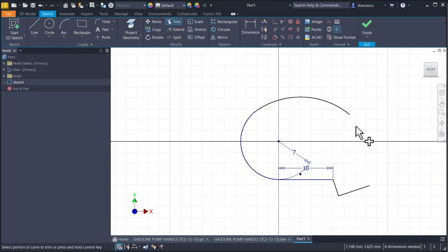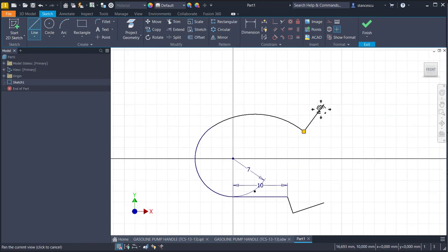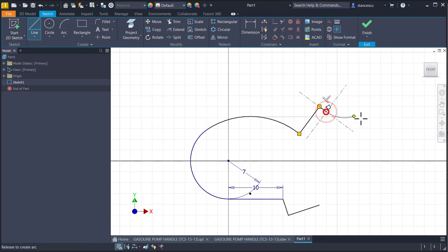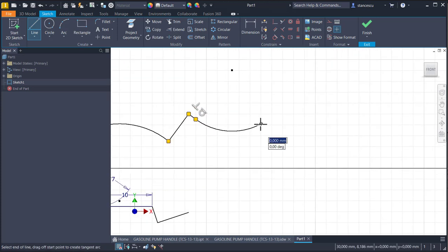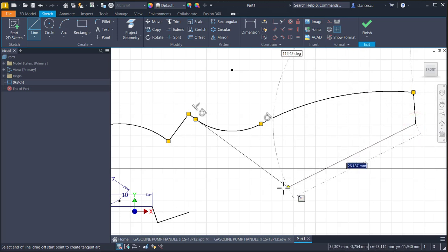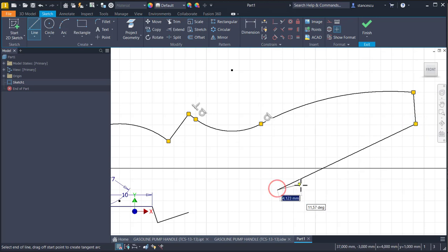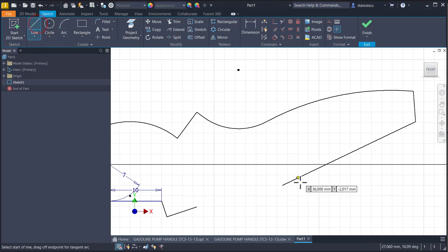Trim, and we continue with these entities. I keep pressed the left button and I go somewhere else. Then we draw a small arc perpendicular here. Keep pressed the left button, go somewhere here, again press the left button, go here and close with the same procedure